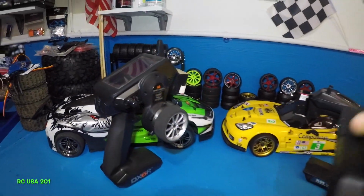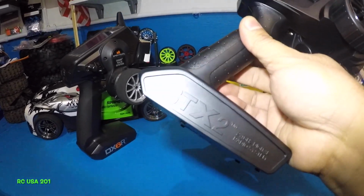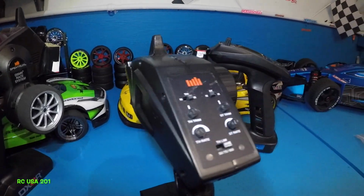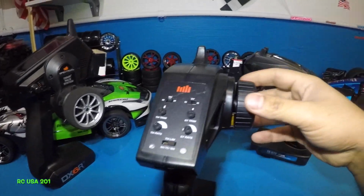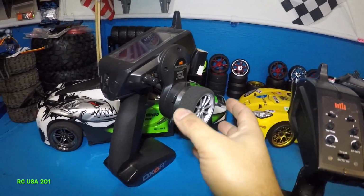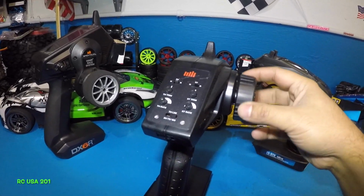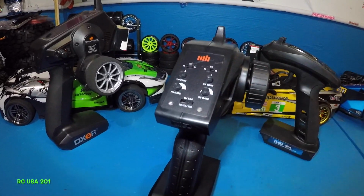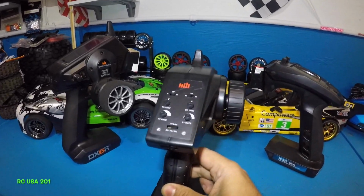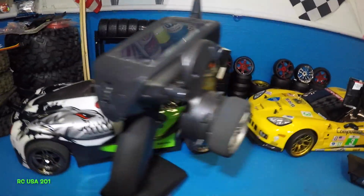Here's another controller by Arma. This is the Spektrum STX2. The only thing I don't like about these controllers is the knob is not the best, but I don't really care about the cushion on it because it absorbs stuff. But I know the stock controllers that Arma sells with their car have a problem with turning. Not a good response. I had issues with that. But anyways,